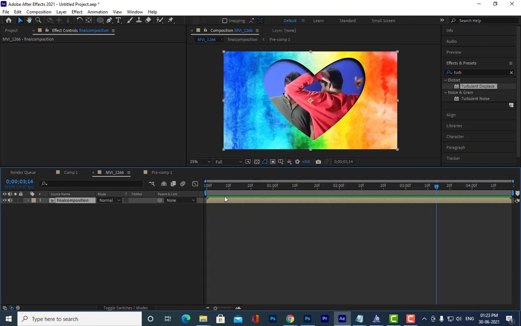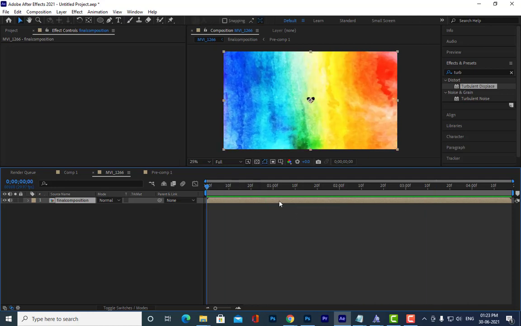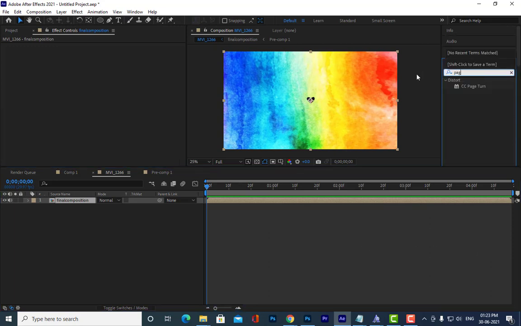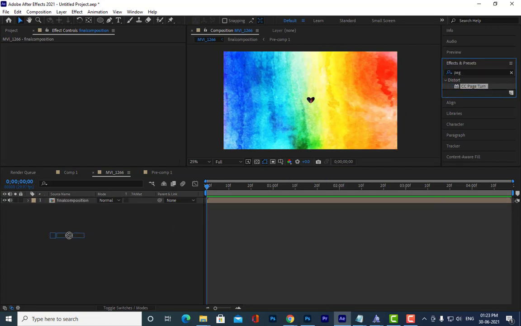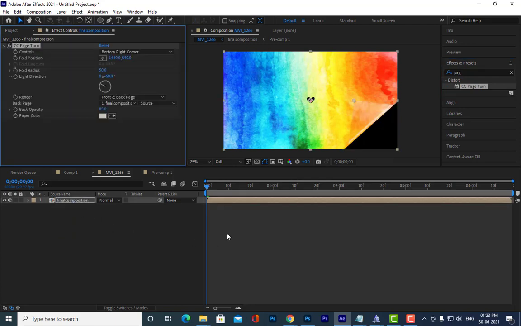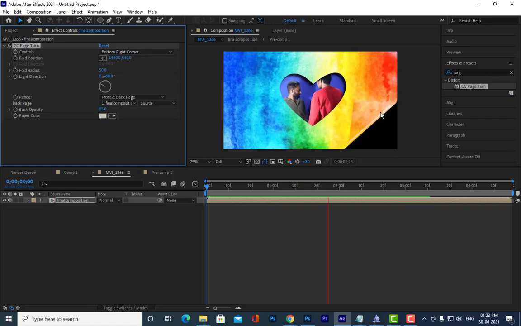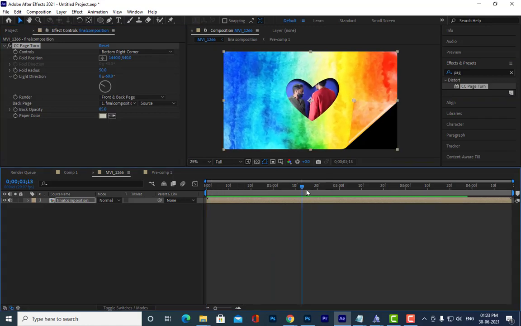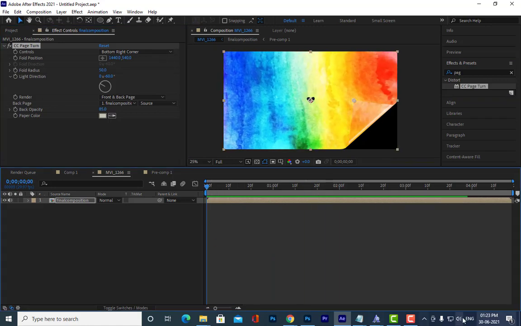Then let me apply one interesting page turn effect, CC Page Turn. See here, you can create a paper folding like this. So what is a paper folding?